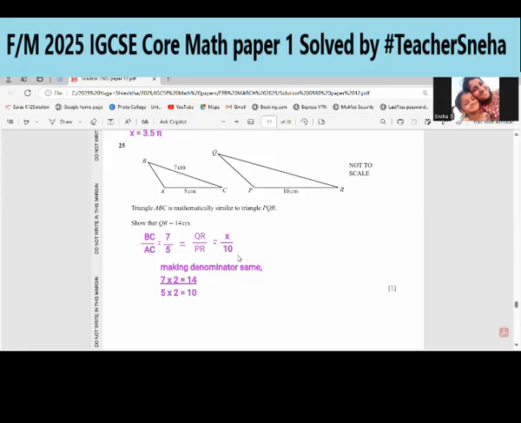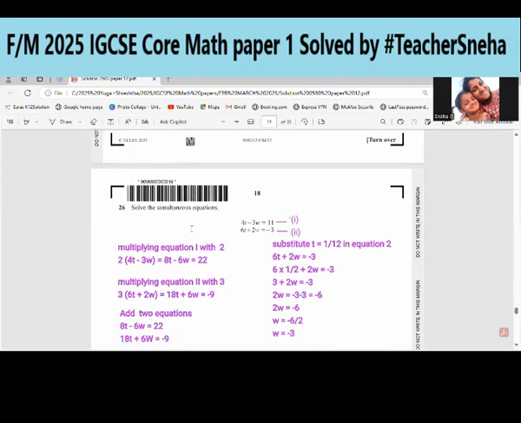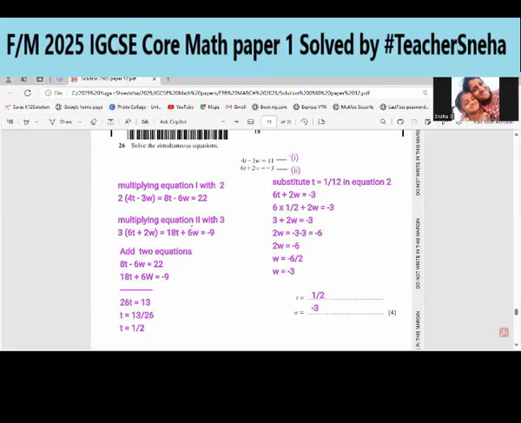Now we have to make the denominator the same on either side. So 7 multiplied by 2 over 5 multiplied by 2 is 14 upon 10. Therefore, the missing side x is equal to 14, which is QR is equal to 14 centimeters. Scrolling ahead to the last question of this paper, that is solve the simultaneous equations: 4t minus 3w is equal